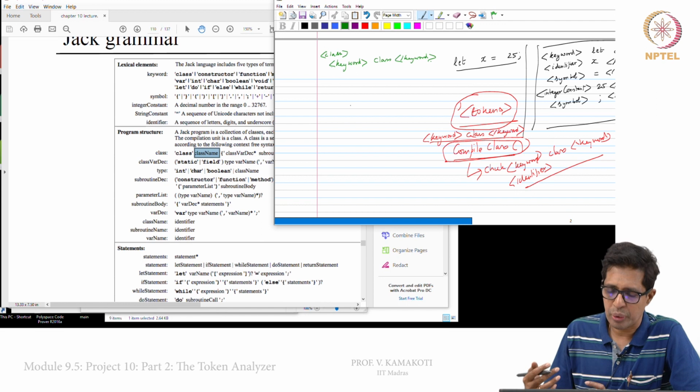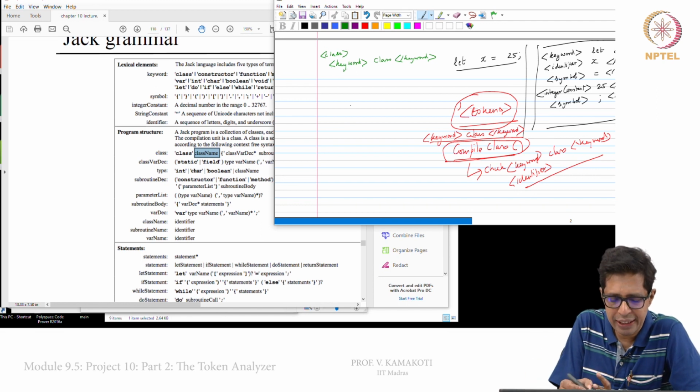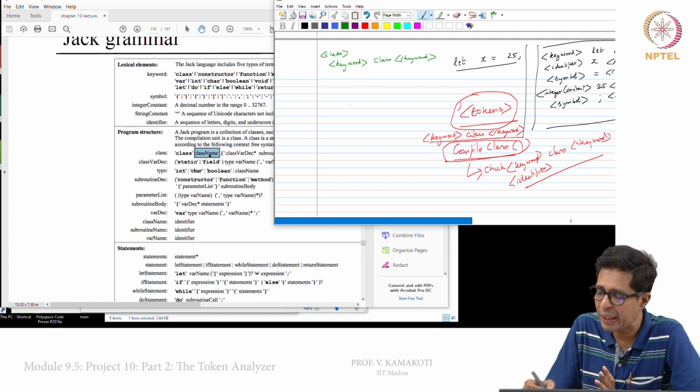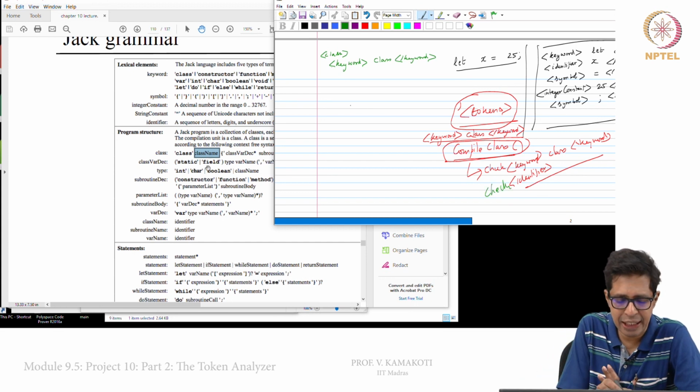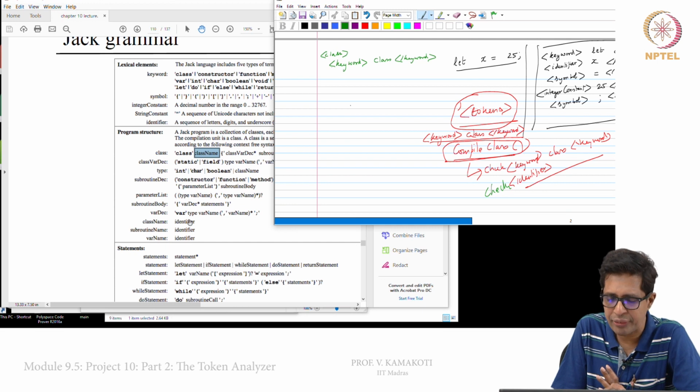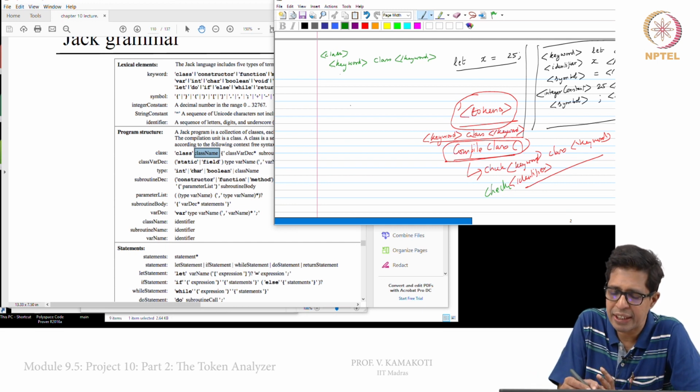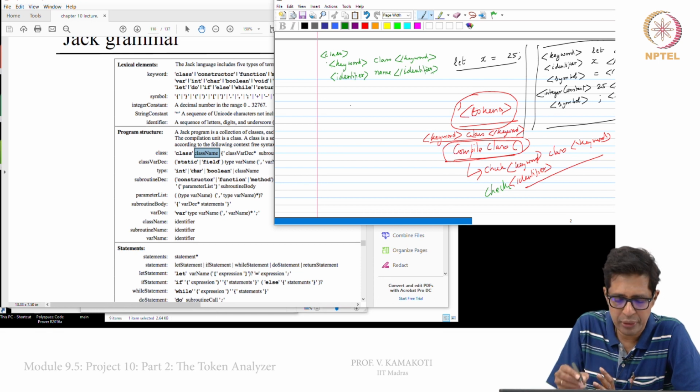Then you read the next token. Now we need to find whether it is a class name. According to this rule, compile class should check whether it is a class name. So it will check if there is an identifier, since the class name essentially goes directly to an identifier. Yes, there is an identifier. So just output that identifier again with these 2 spaces, identifier, the name, and slash identifier, the same token.